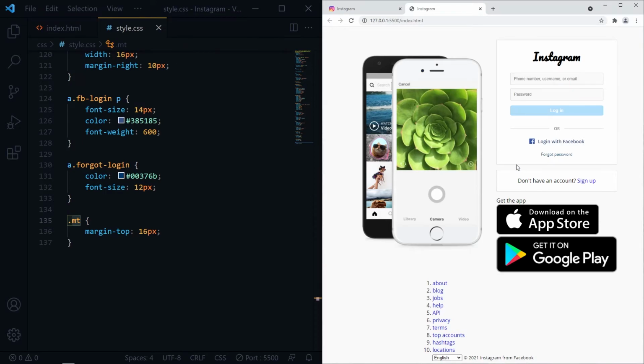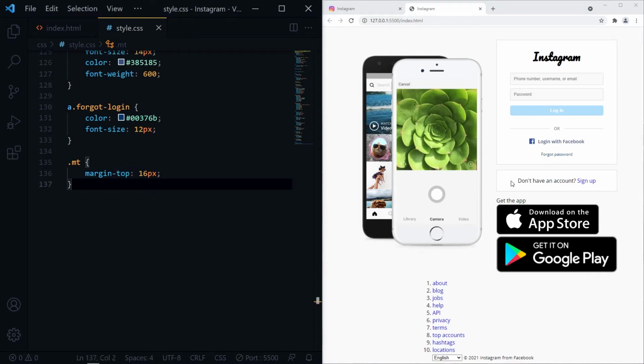And for our second WhiteBG contents, we need to reduce the font size and give some space between the plain text and anchor tag and change the color of anchor tag and increase the font weight.